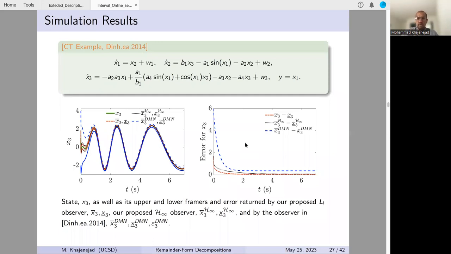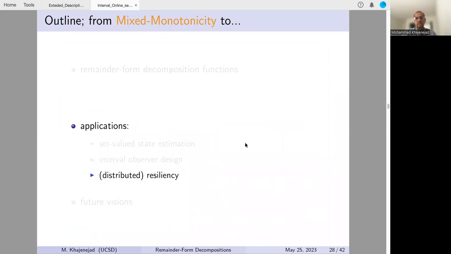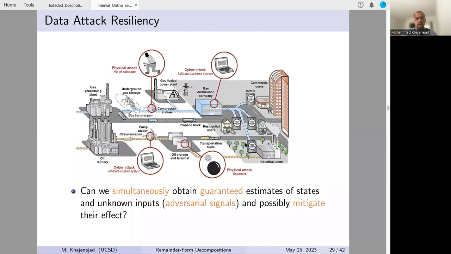All right, now after talking about the applications of these decomposition functions on interval observer design, it is time to invite adversarial agents to join the game and talk about resiliency a little bit in cyber physical systems. So specifically, we want to see if, on top of the usual bounded disturbance and noise, we have some malicious agents